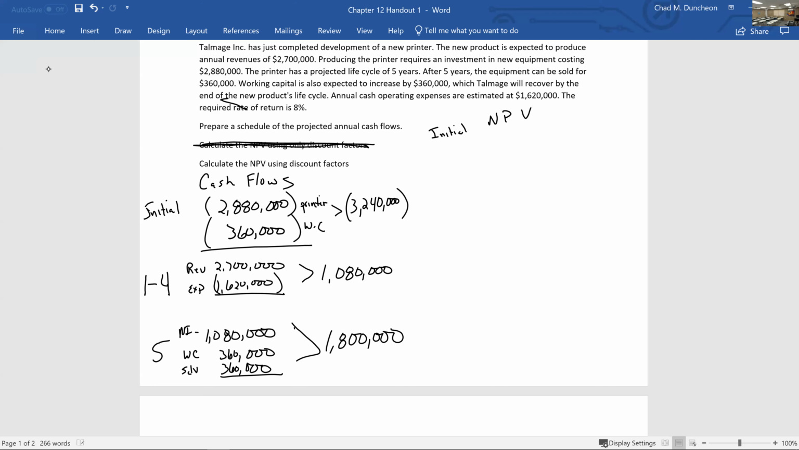So our initial, we do not need to do any calculations. Remember, it's happening today. It is already at its present value. Okay. At the end of year 1, we're going to take our cash flow, the $1,080,000 in revenue. Okay. And this is where